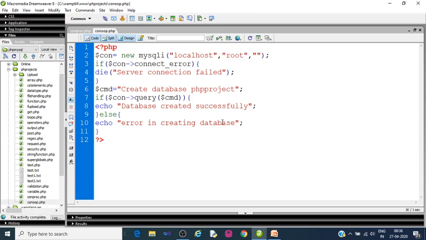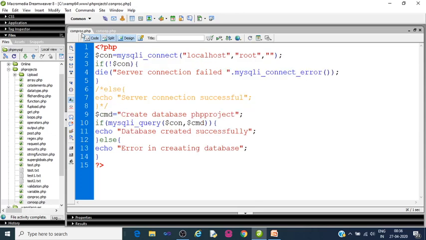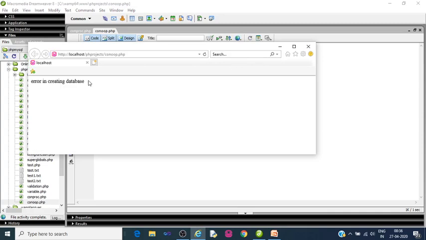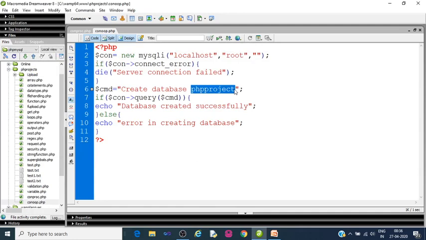Save it, press function 12. As I'm creating the same database as I had created in the procedural method, PHP project, the first time it will throw an error in creating database. Now I will change the database name here to 1.